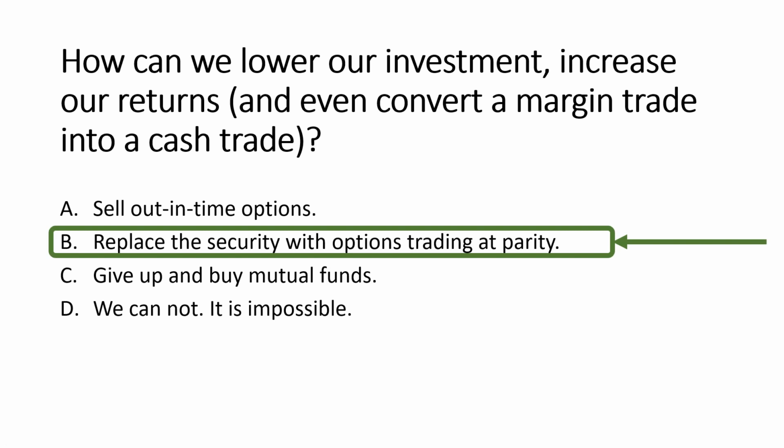Now, I don't want you to get that confused with synthetic equivalencies. Trading at parity and synthetic equivalencies are not the same thing. Synthetic equivalencies are like if you have a vertical credit spread and a vertical debit spread. Those are synthetically equivalent. Or a condor and an iron condor is synthetically equivalent. Even buying a stock or going long a call and shorting a put is synthetically equivalent. Trading at parity means, wait for it,